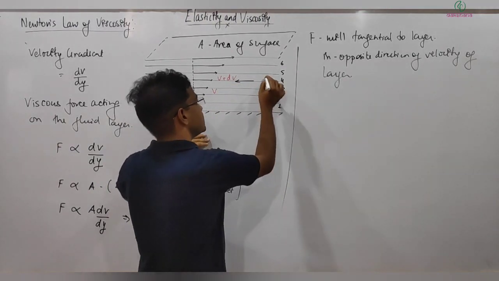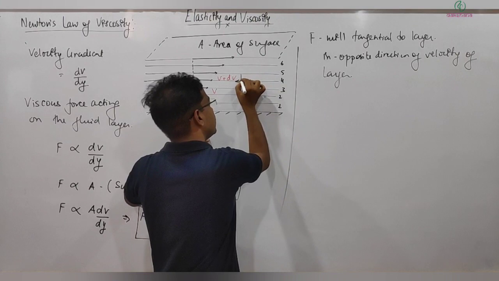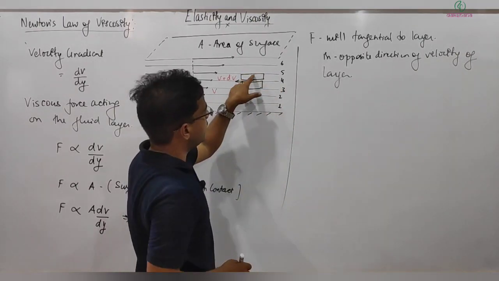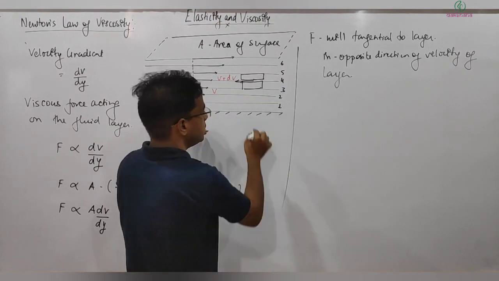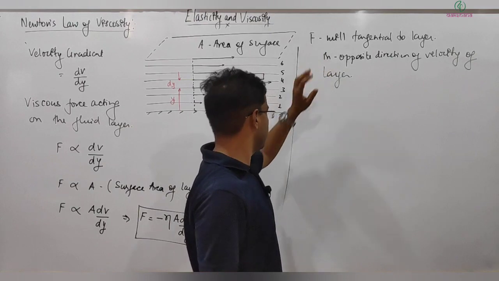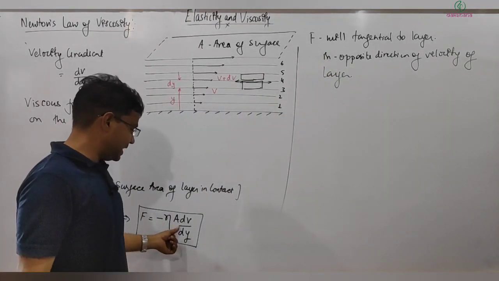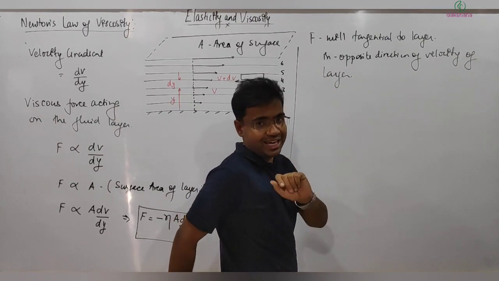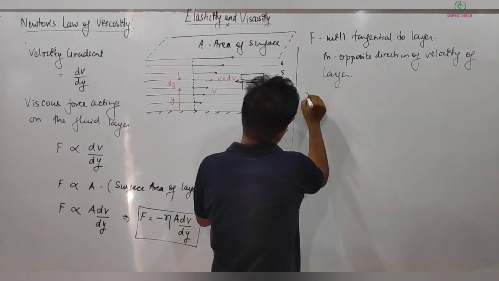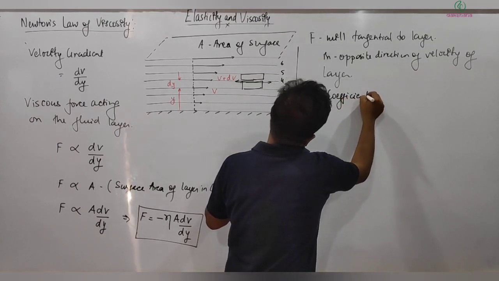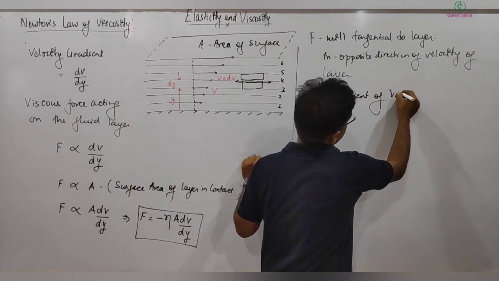So if I consider this one layer and this another layer, on the upper layer the force will be in the backward direction, on the lower layer it will be in the forward direction, and the force is given by F is equal to eta A dV by dy. The dV by dy you already understood, A is the area of layer in contact, and this eta is called the coefficient of viscosity,